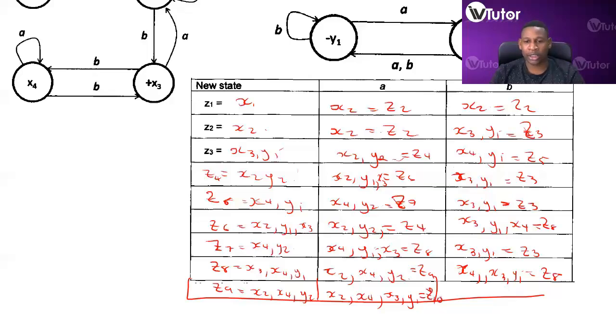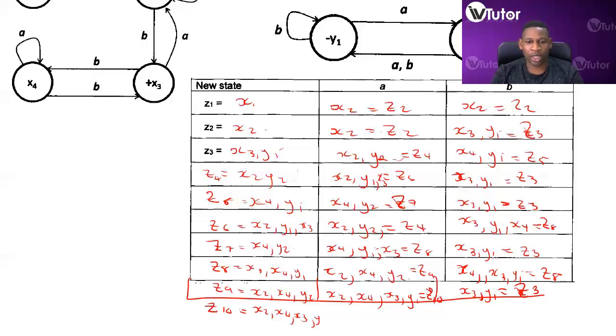So X2, X3, X4, Y1 is now a new state, let's call it Z10. Then if you are in X2 and you encounter a B, what do you get? X2, you encounter B, go to X3, Y1. If you are in X4 and you encounter B, you go to X3, Y1. If you are in Y2 and you encounter B, you go to Y1, so you go back to Z3. Then if you are in Z10, which is X2, X4,